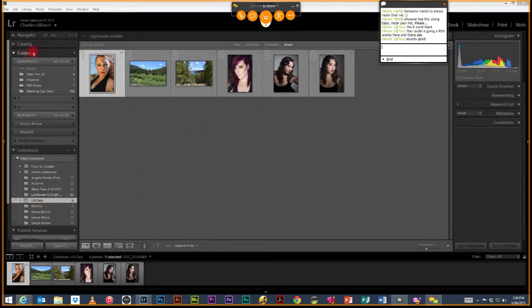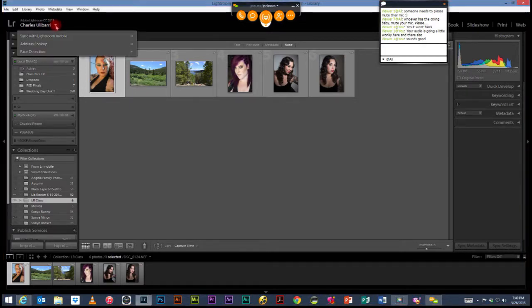The other thing I wanted to mention, like I said, if you're using Lightroom CC, if you look up here in the upper left hand corner, you're going to see that I've got my name here, and there's a little drop down arrow, and it says sync with Lightroom Mobile. There are a couple of other new features that I haven't gotten into yet, but this is where you would sync with your Lightroom Mobile. If your name is not up here, and you have the CC version of Lightroom, there'll be a menu item up here that will ask you to sign into your Creative Cloud account, and then at that point you can